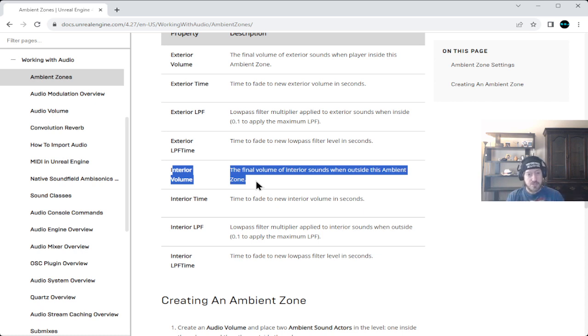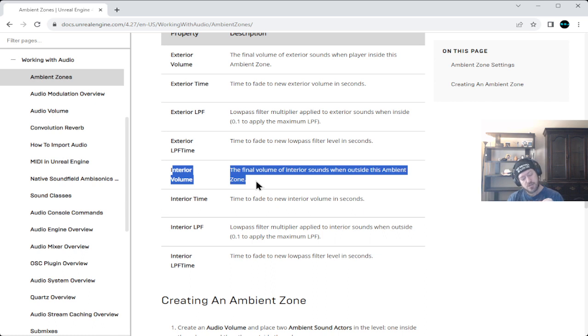That small box is the blacksmith. Inside that small box, you have the exterior volume being decreased, so you might still hear the city outside of it, but for the most part you're only hearing the interior. The interior has the most volume going on, and so on and so forth.